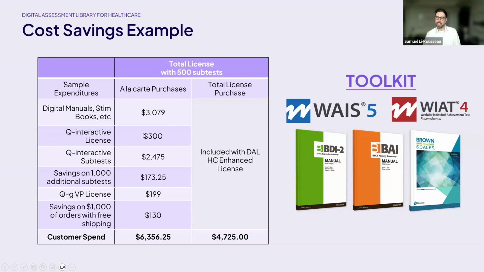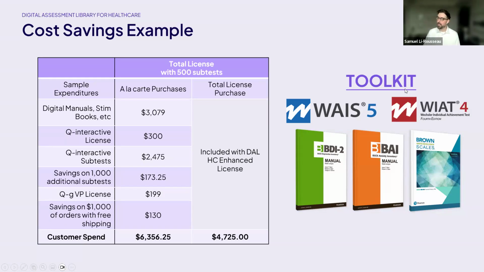I just noticed this, that you may actually need 3 licenses if your clinic has 3 psychologists. So you probably would have spent a little bit more than this. Whereas with the DAL healthcare subscription model for 3 users would cost me only $4,725. And I would have access to the WAIS and the WPPSI on QNeractive, along with all the other amazing